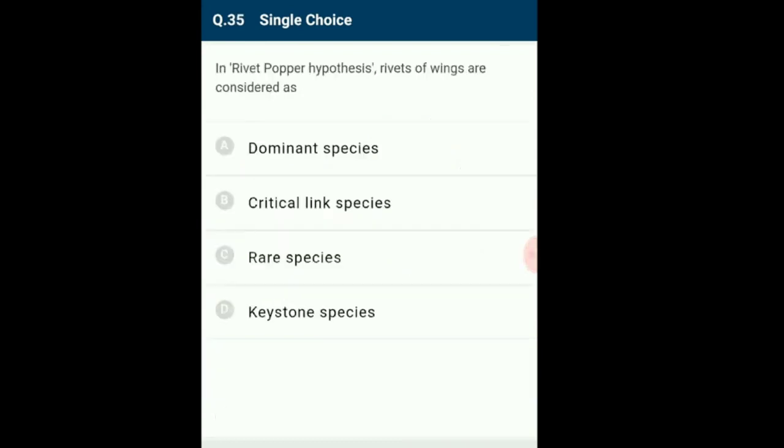Question number 35. In the Rivet Popper hypothesis, rivets of wings are considered as. The Rivet Popper hypothesis was proposed by Stanford ecologist Paul Ehrlich. He considered an aeroplane as an ecosystem and all rivets used to join different parts as species. If every passenger traveling in a plane takes a rivet home, causing extinction of species, then it will affect the functioning of the flight. But removal of